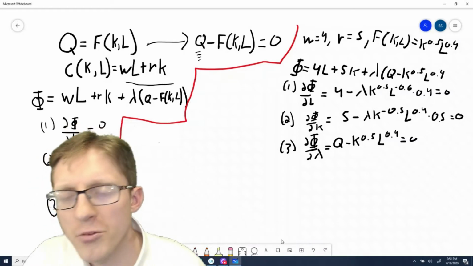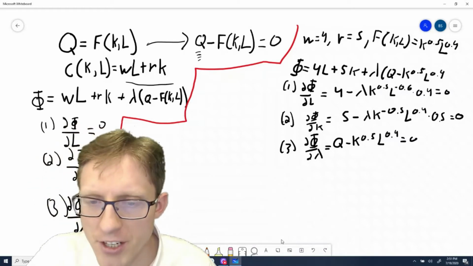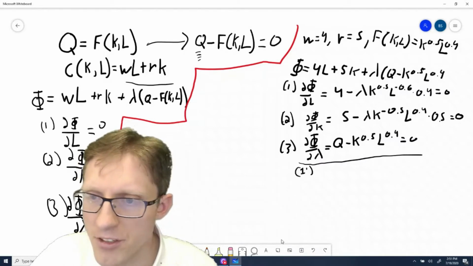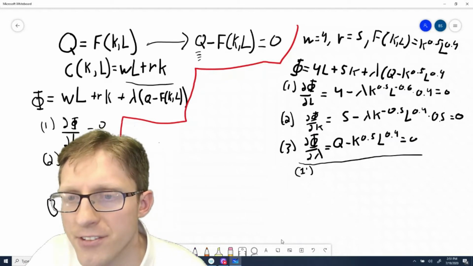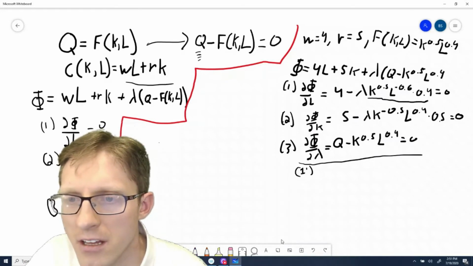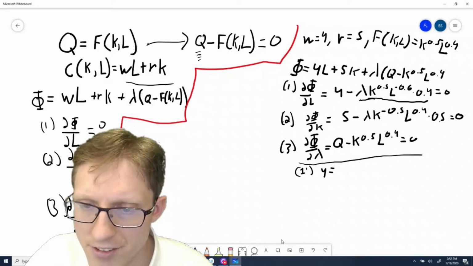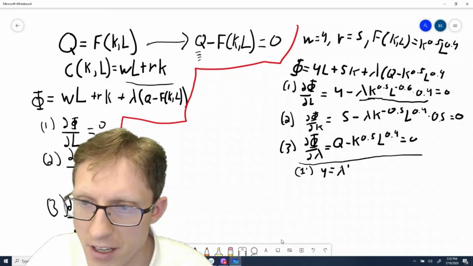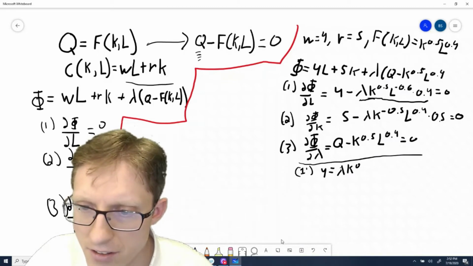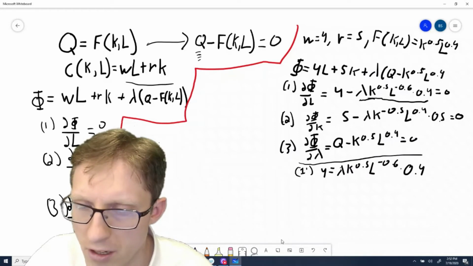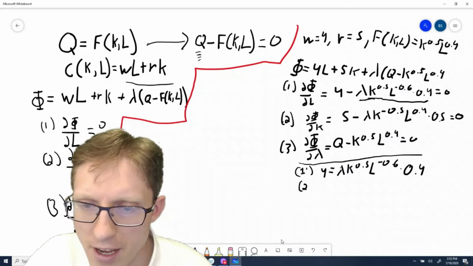So we can look at various ways to solve it. I'm going to rearrange equations 1 and 2. So let me write 1 prime. I'm just going to add this second part here to both sides. So we're going to get 4 is equal to lambda k to the 0.5 L to the minus 0.6 times 0.4. And for 2 prime,